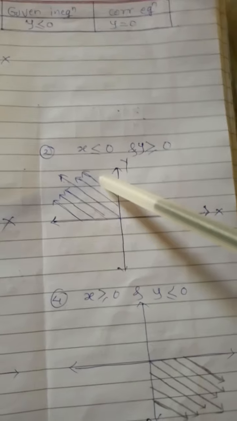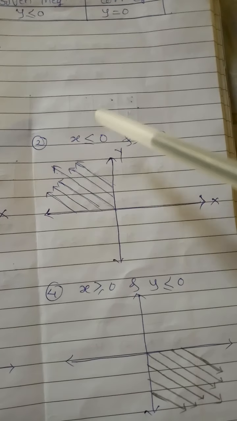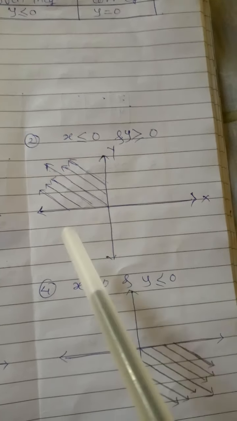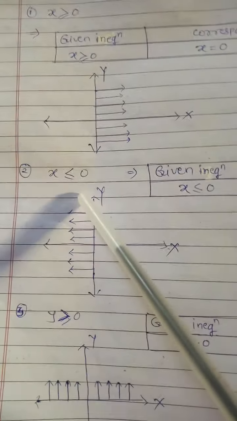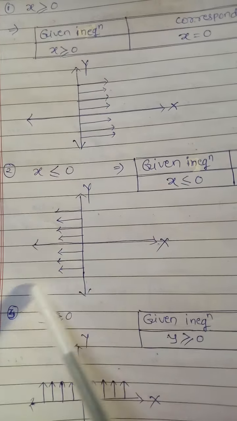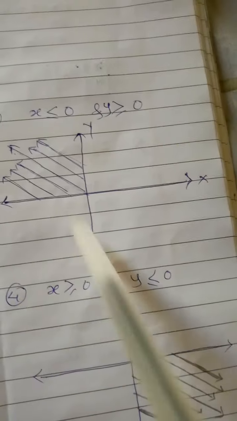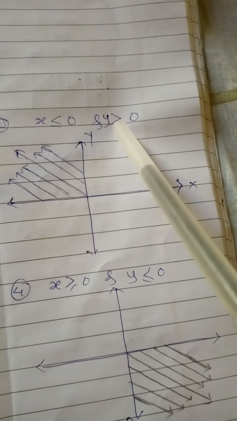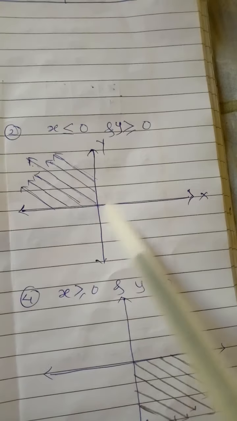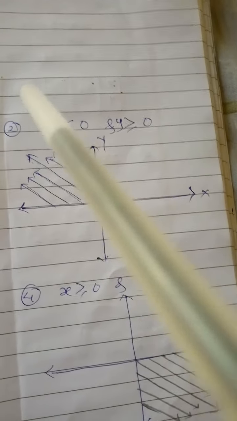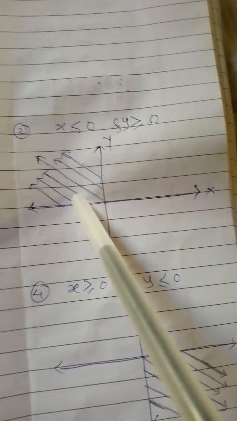Similarly in the second example, now see, x is less than 0 means the value of x should be here. That is how we can write, you learn in this example, that x is less than 0. So all the arrows are on the left side. Similarly here all the arrows should be on the left side. And next one, y is greater than equals to 0. So all these lines must be like this one, and their point of intersection is in the second quadrant. So you have to draw in this way.